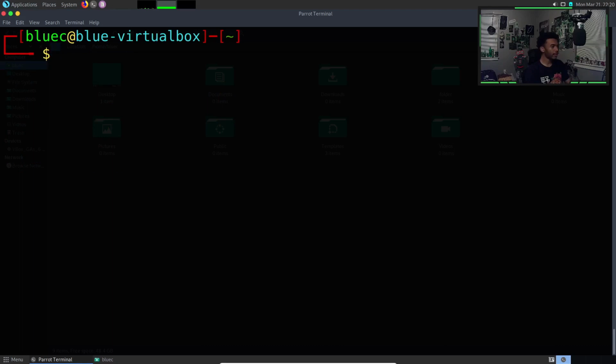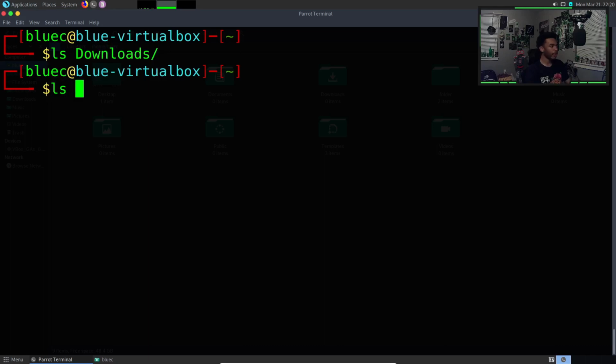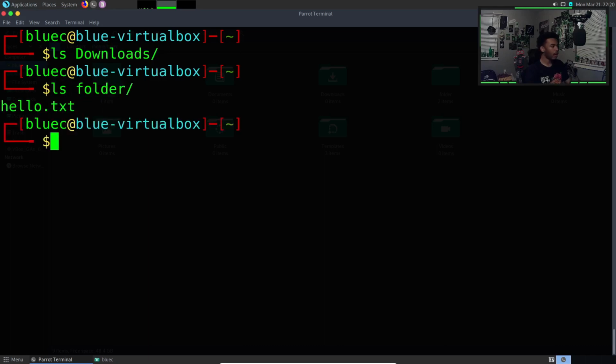It's pretty easy, pretty straightforward. So now if we actually list in the downloads, there's nothing in there anymore, right? But if we list folder, we still have our hello.txt there, but we moved the file.txt out. We can actually go ahead and touch, so I'll touch, let's say world.txt, and then we can touch a new proof of concept.txt